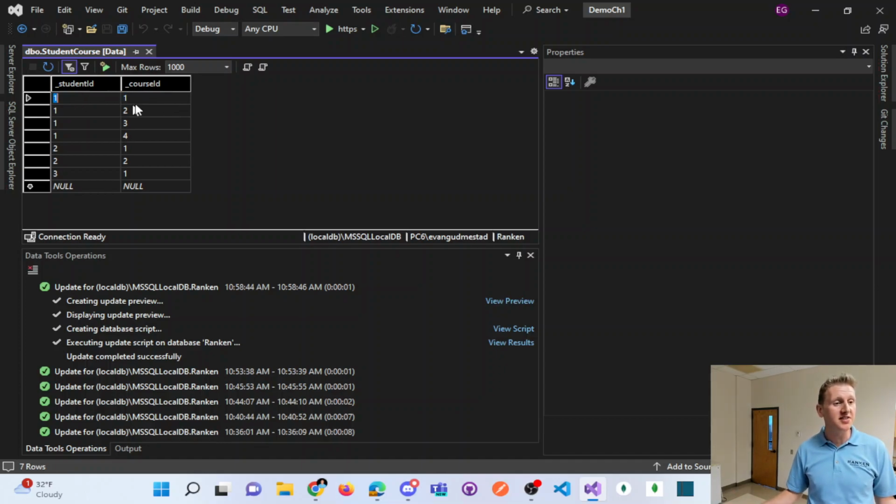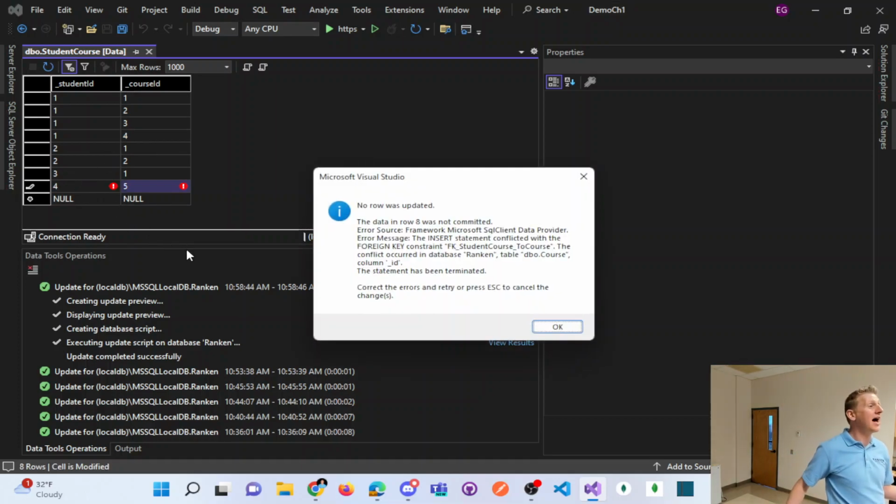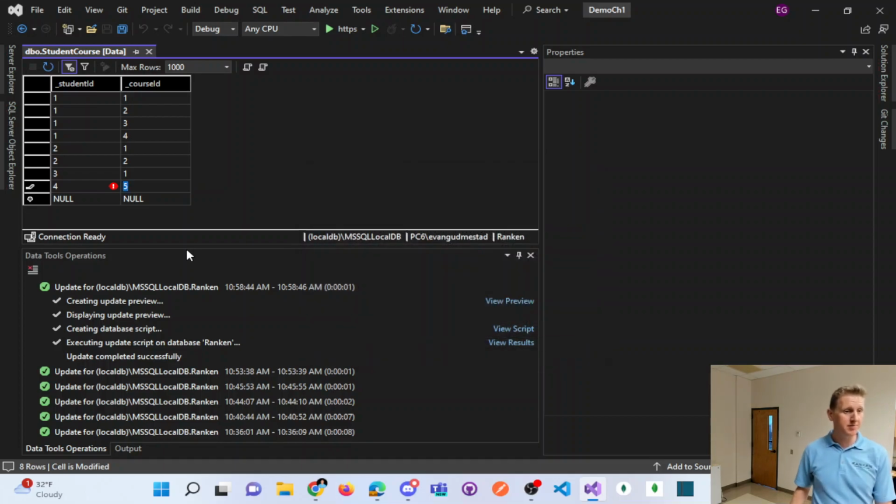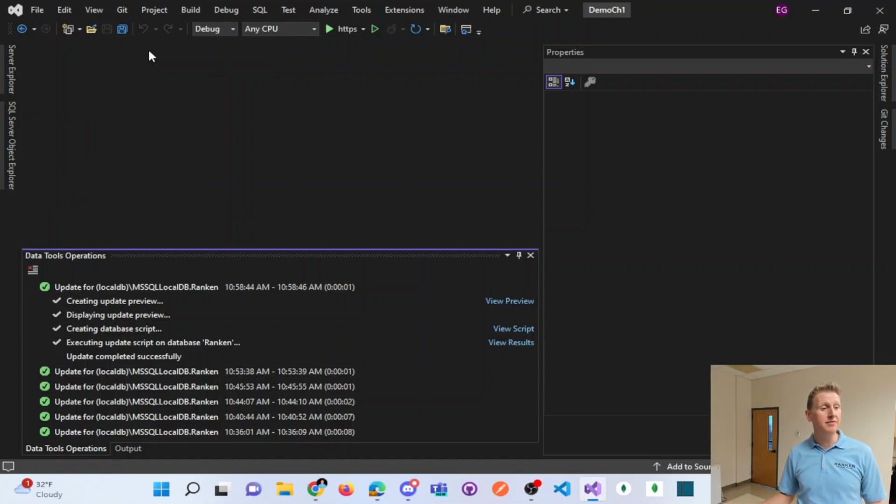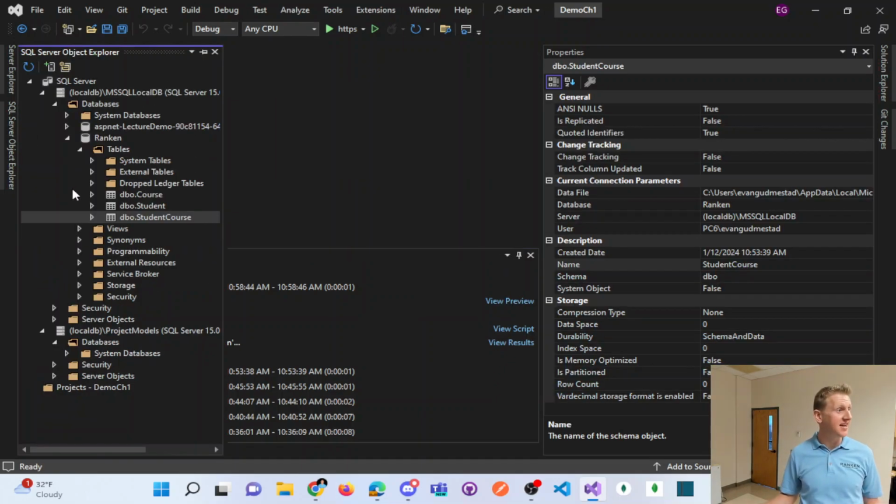But now you understand a little bit around, hey, I've got some referential integrity behind my data because I don't have a student ID of 4 or a course ID of 5. That's not allowed. You with me there? And now I've created a normalized database with primary keys, foreign keys, and,